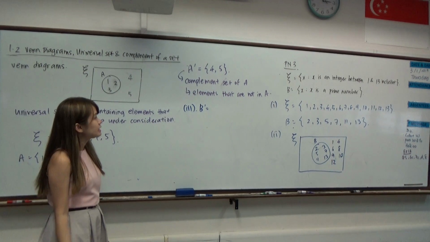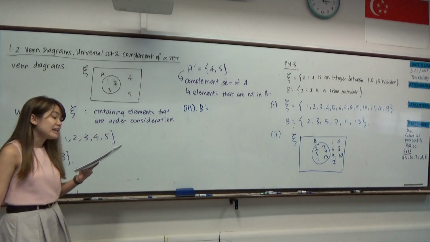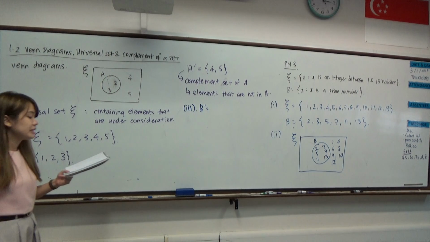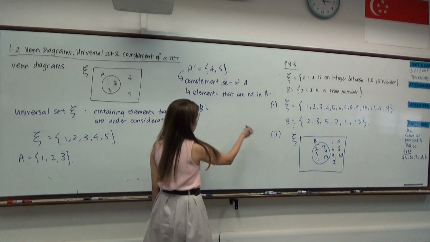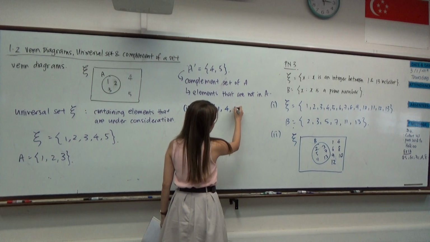Okay, then after that, B complement. The question asks for from the Venn diagram list all the elements of B complement in set notation. So from the Venn diagram itself, I can easily see